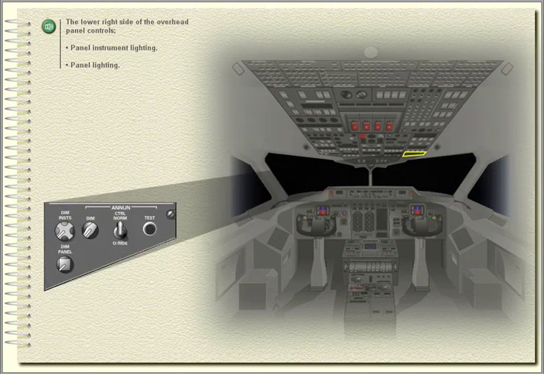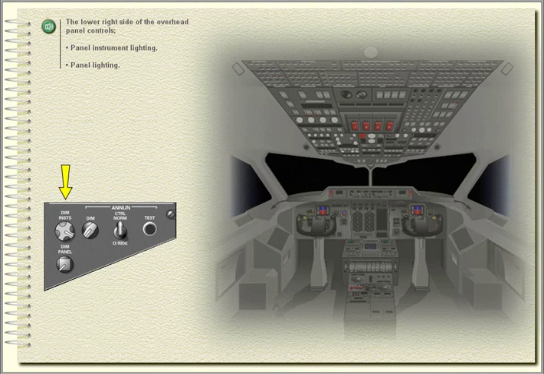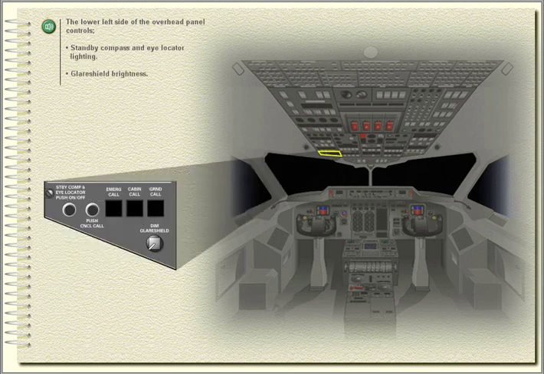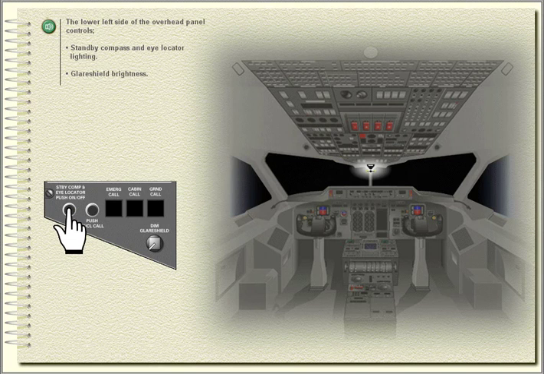The lower right side of the overhead panel controls panel instrument lighting, panel lighting, the lower left side of the overhead panel controls standby compass and eye locator lighting, glare shield brightness,